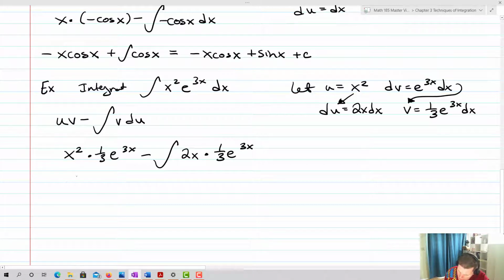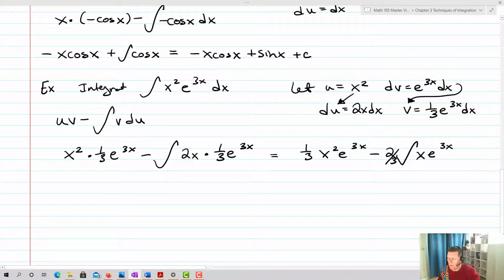Well, now if I actually simplify this, I end up with 1/3 x squared e to the 3x minus 2/3 times the integral of x e to the 3x. Well, now what I have is